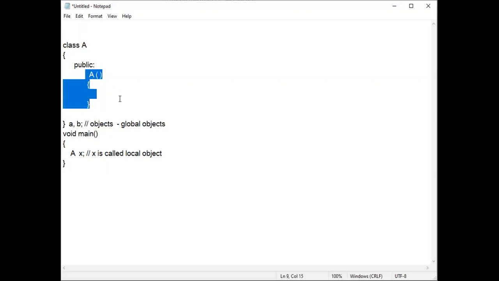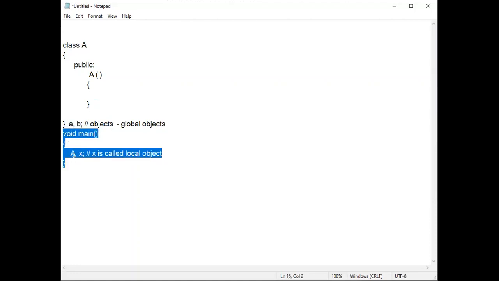So the property of a constructor is that it is called whenever the object is created, whether a local object or a global object. For a global object, the constructor will be called before the main function starts working. For a local object, when program control comes inside the main function, it starts working. We will see the program. We will come to know how it